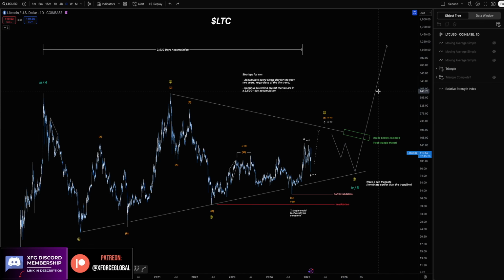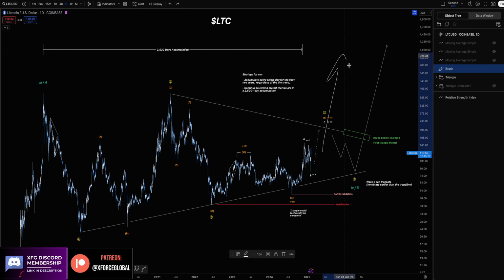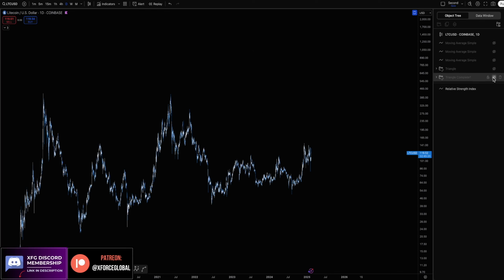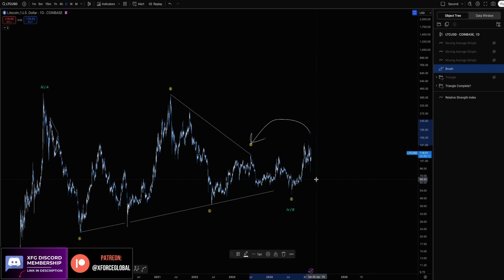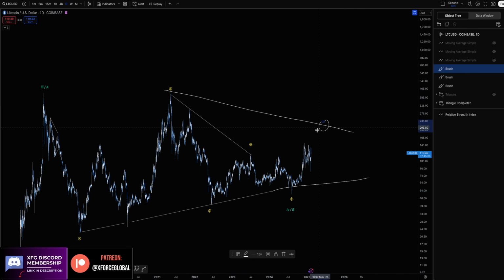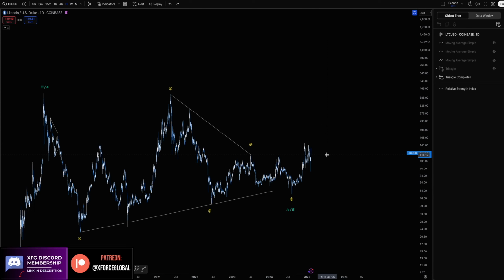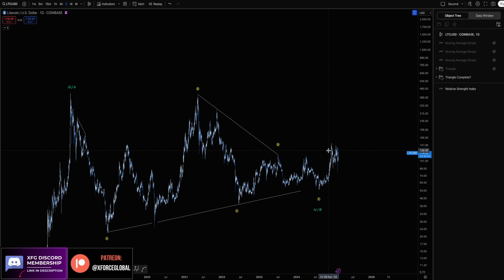But what about the current cycle taken into consideration? Are we able to make a move out of here? There is a way. I think there is a way where we can say that this triangle, where we're going to be shifting the internal subwaves within the triangle, is that we can put our D wave here and put our E wave here, instead of saying that we're working with a possible assumed D wave. That means this is more identifiable, although it doesn't have the best look.